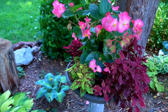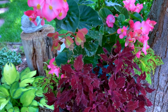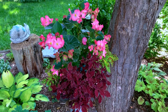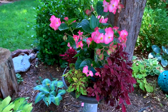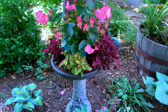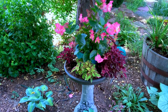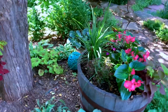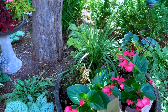You see I have different colors of coleus here growing. And isn't that a cute little planter? I really do enjoy this sort of composition, I guess you might say. And then right next to it I have a whiskey barrel, and in this barrel I placed